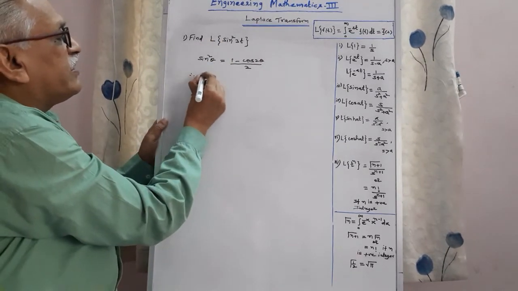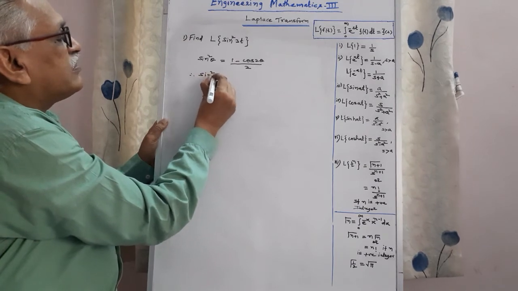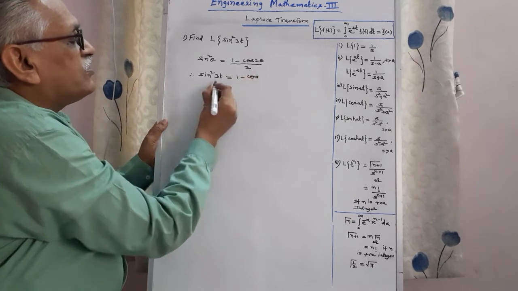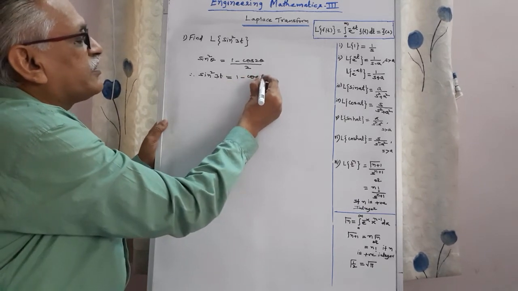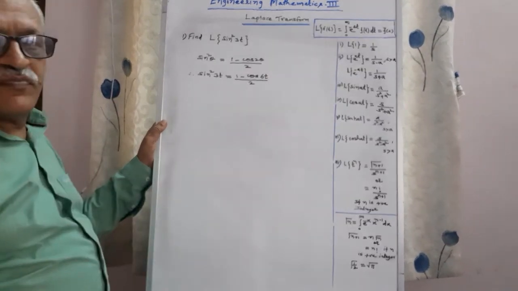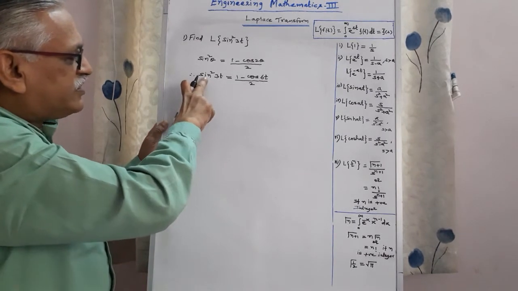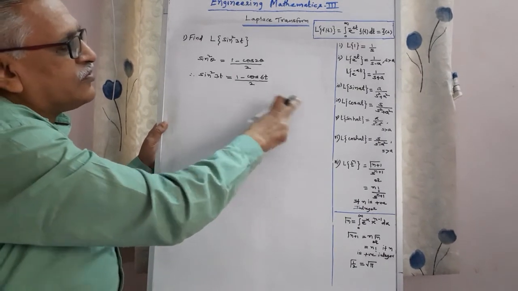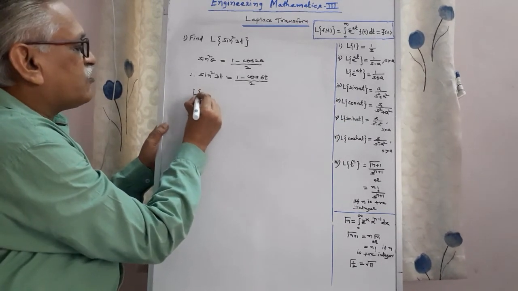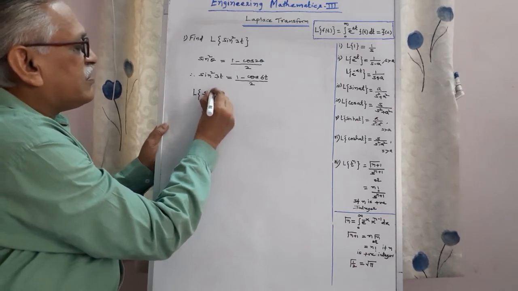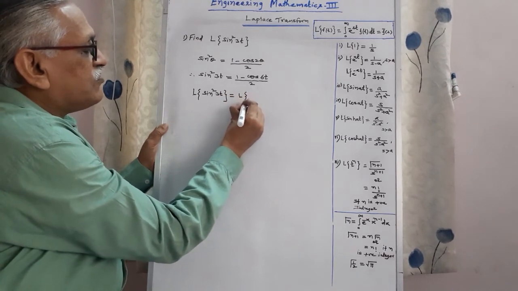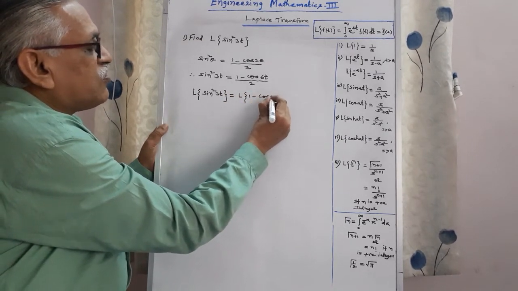Using this, we get the value of sin square 3t as 1 minus cos of 2 times 3t, which becomes 6t, divided by 2. Means I have converted this sin square in terms of cos, for which we have a Laplace transform. Therefore, taking Laplace on both sides, Laplace of sin square 3t means the Laplace of 1 minus cos of 6t